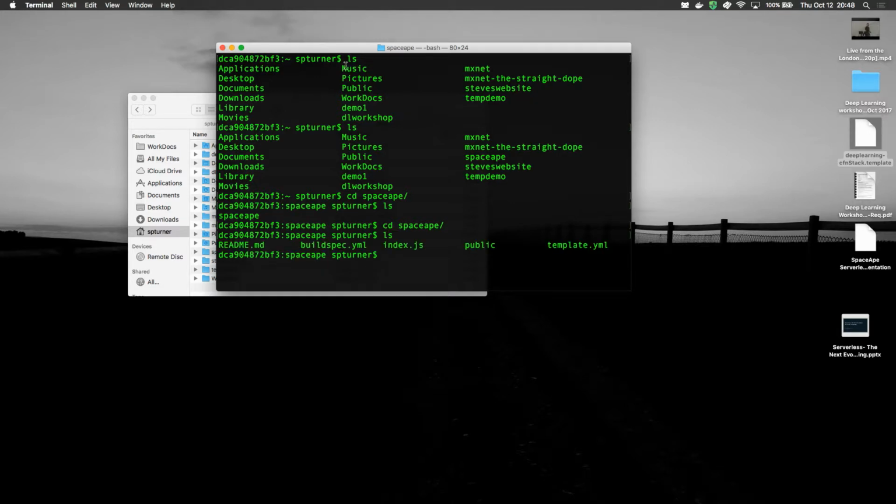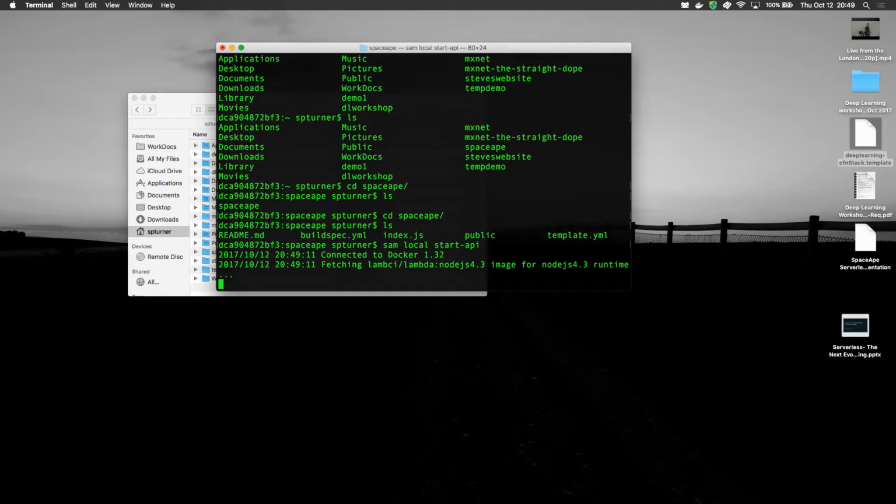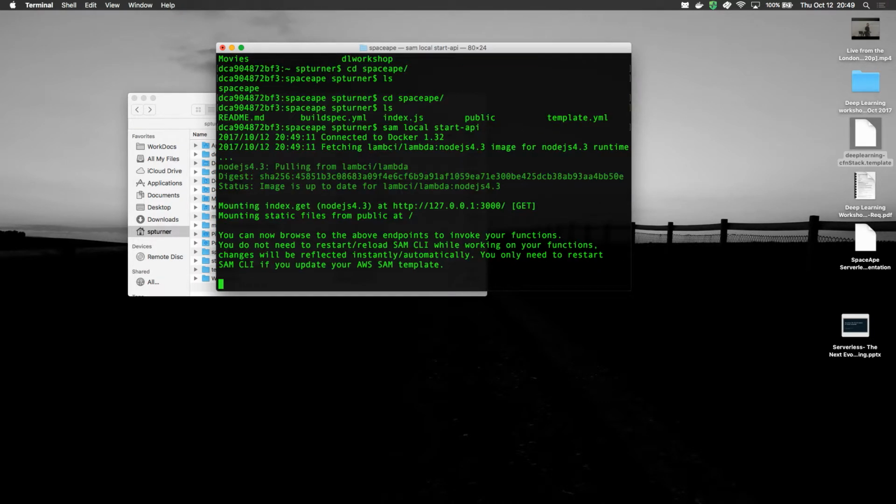What SAM does is it reads in this template.yaml file, and effectively all I need to do here to kick it off is type sam local start-api. What this will do is create a mock API endpoint on my laptop. It's all based around Docker, so it's all run in a Docker container. And the code for SAM Local is all up on GitHub. I'll show you the link for that.